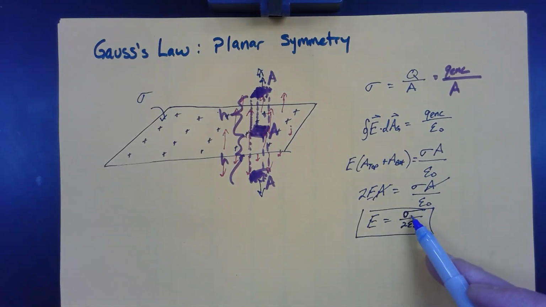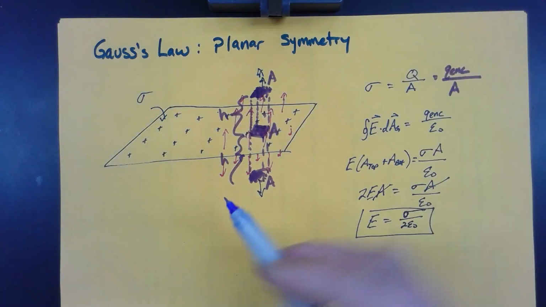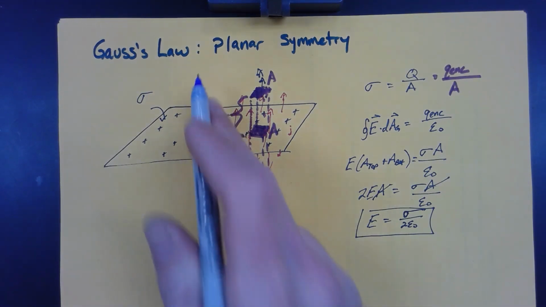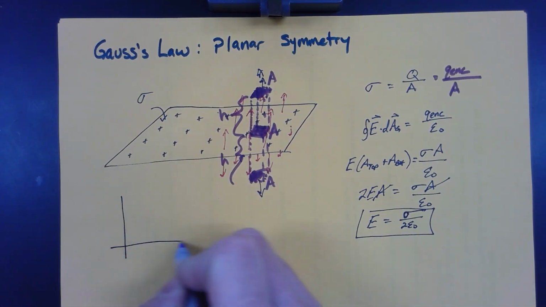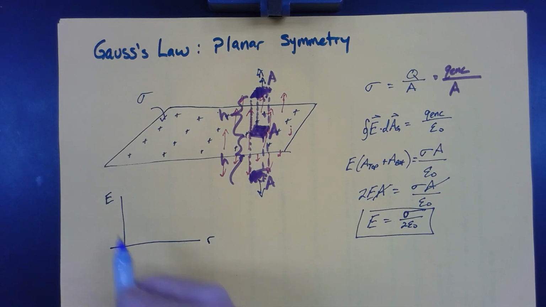Now if we look, sigma is a constant, epsilon naught's a constant, 2 is a constant. So what that's telling us is that the strength of the electric field above and below a thin plane of charge is constant as we move away. So if we were to graph the strength of the electric field as a function of the distance that we are away,